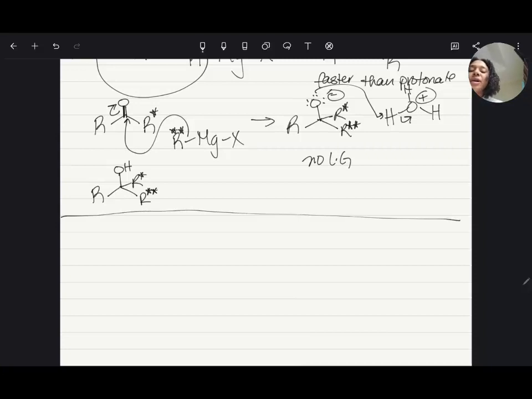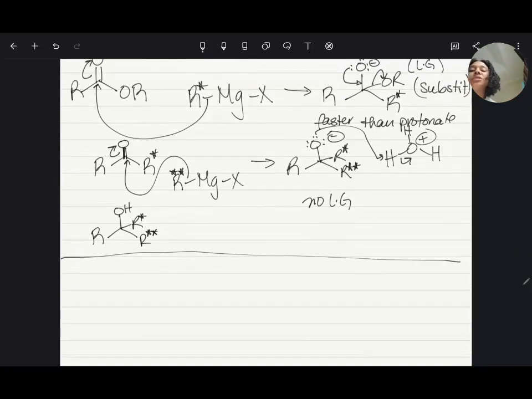For the hydrides, now sodium borohydride, like I said, it's strongish, but it's not that strong. So it turns out sodium borohydride